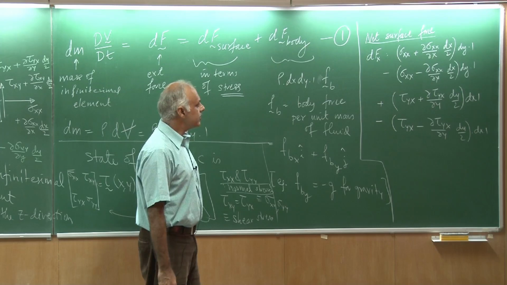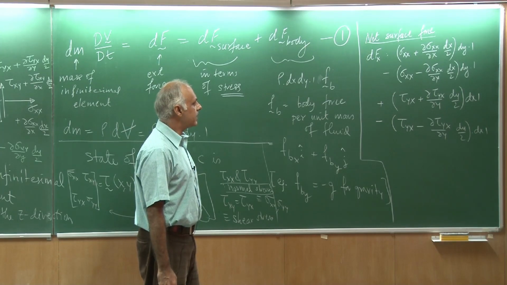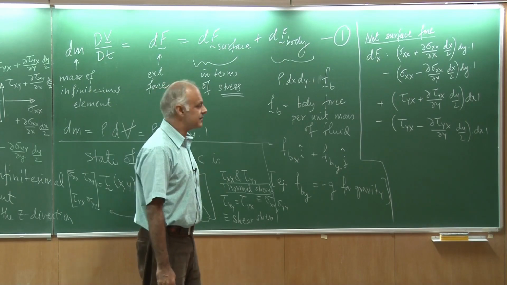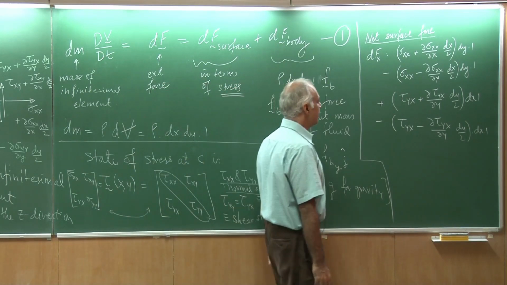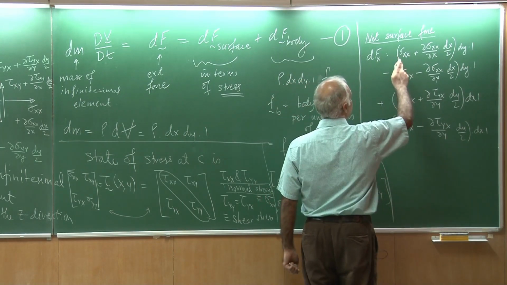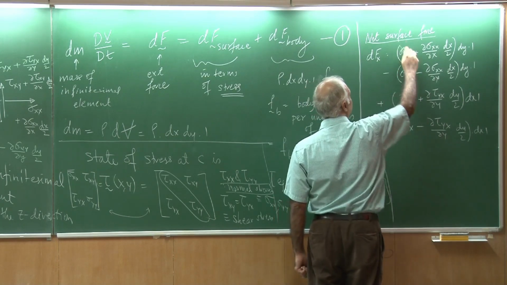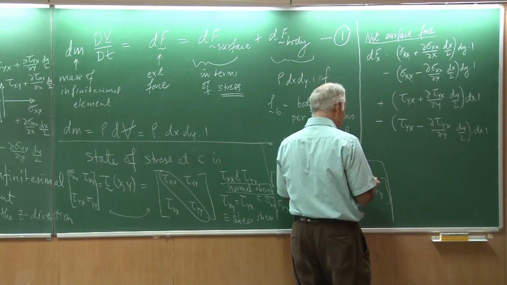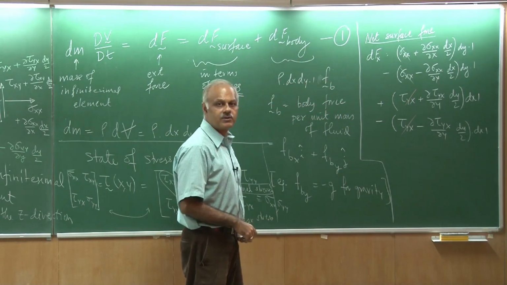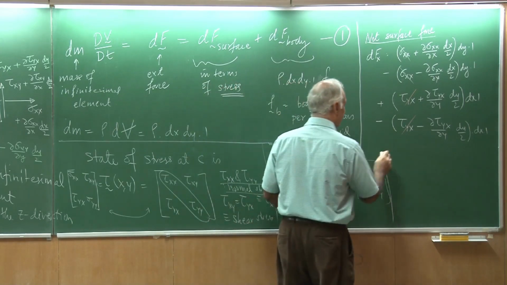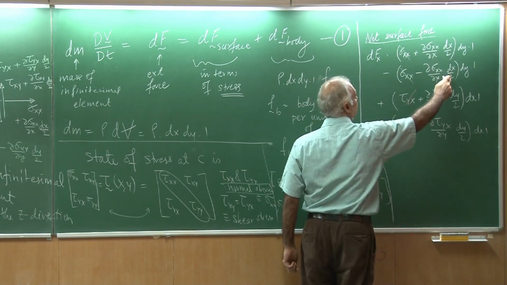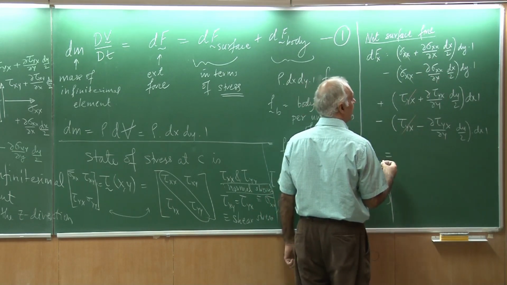So now I am ready to estimate the net force in the x direction because of the surface stresses. Let us see if we can strike out some terms. As you can see, there is a sigma xx here and a minus sigma xx, so I will just cross them out. Similarly, I have a tau yx here and a negative tau yx, so I cross them out. If I simplify this further, these two will add up, and there is a dx by 2, so that adds up to a 1.